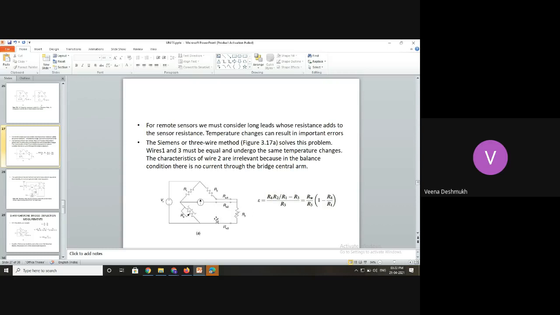So this variation in this resistance or the potentiometer gives you the variation in the resistance of the sensor. So here double check happens. One you are measuring here, the other one directly you are measuring with the ohm meter how much is the resistance variation. This also helps in compensating the lead resistors.